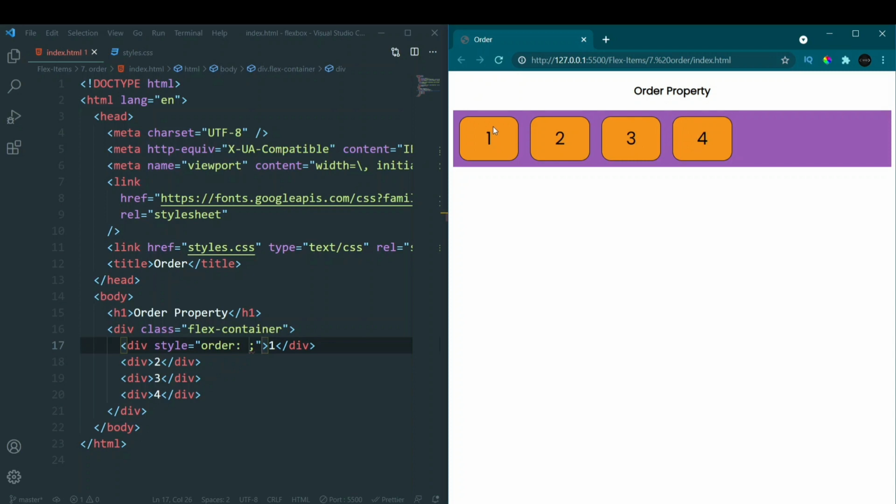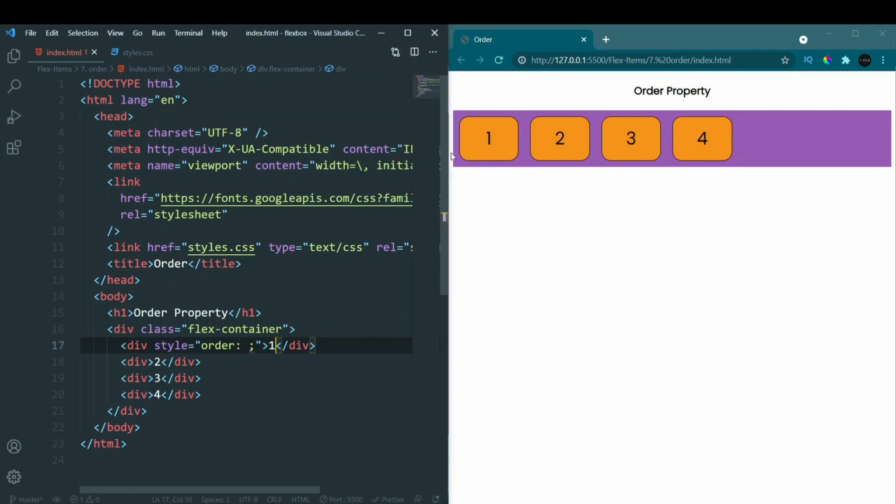So 1 will be at the 0th position, 2 at the 1st position, 3 at the 2nd position, and 4 at the 3rd position. Many people don't know this. If you are a beginner, this is the thing to keep in mind: whenever we program, our indexes start from 0. So here we have elements from 0 to 3.